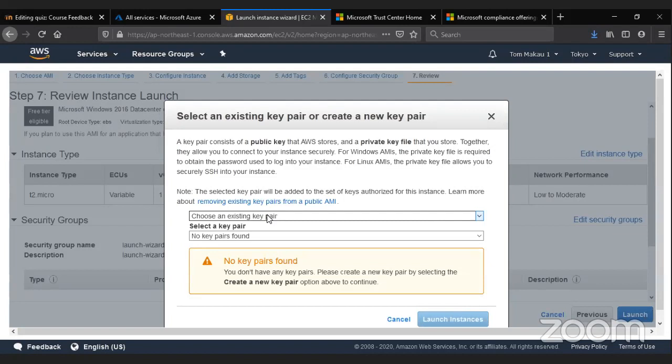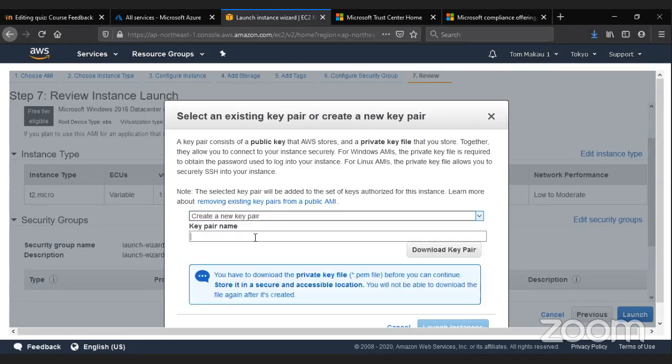Now, for security reasons, before you launch the server, there are what are known as encryption keys. What will prevent somebody out there who manages to get the admin username and password for this server from logging in? It is the encryption key. So we can create a new key pair, call it maybe class test.